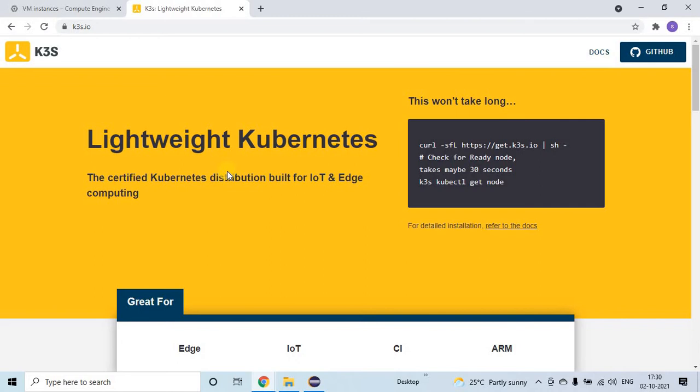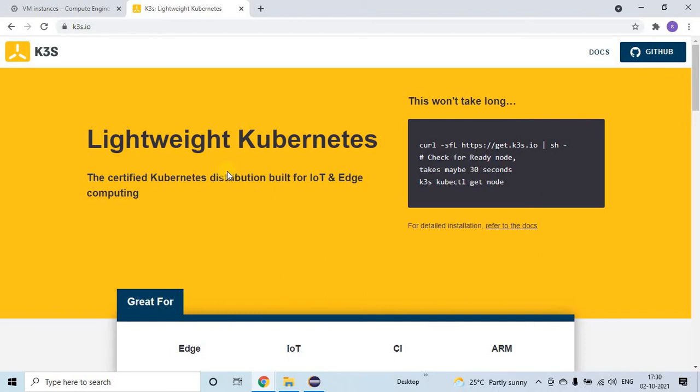K3S is also a Kubernetes. Kubernetes is a full-fledged framework, whereas if you want to create a Kubernetes cluster, there are so many steps you need to follow. And we will have the same features, the same capabilities, more or less, and we can use it for production also with the lightweight Kubernetes.